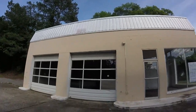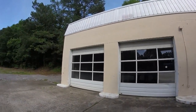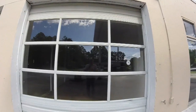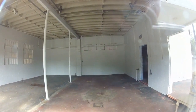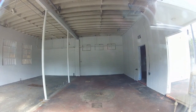Hey Exploration Nation, today I'm at an old closed gas station, and this is one from back in the day with 2 bays for car repairs as well as selling gas. I don't know exactly when this one was built. I grew up seeing these all over the place, and as you can see, the repair bay there has